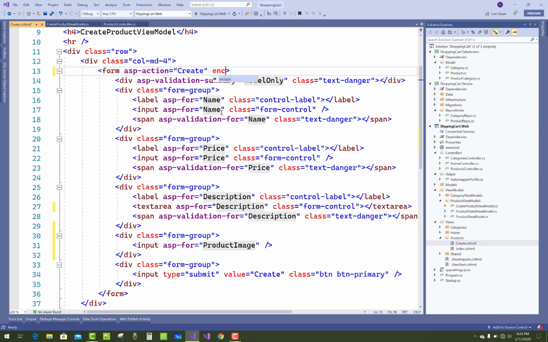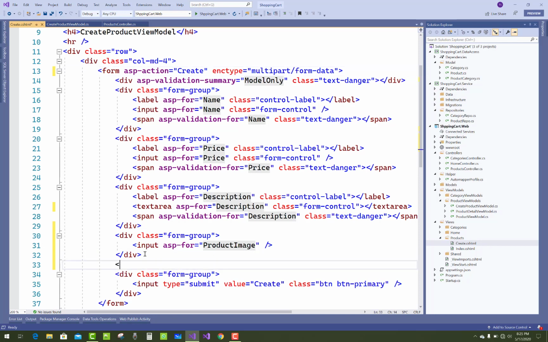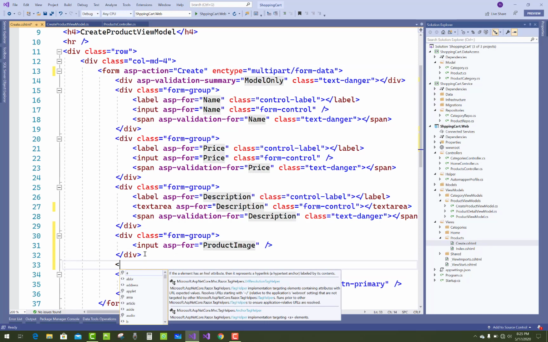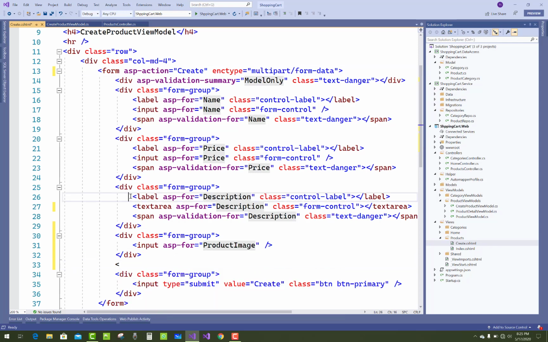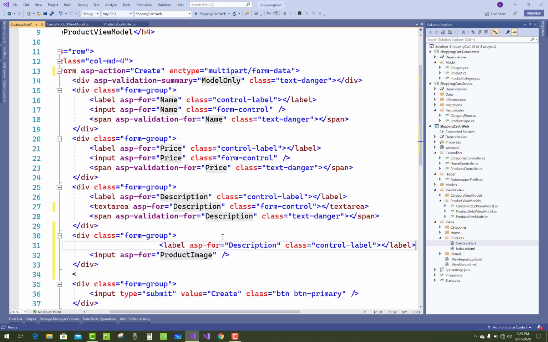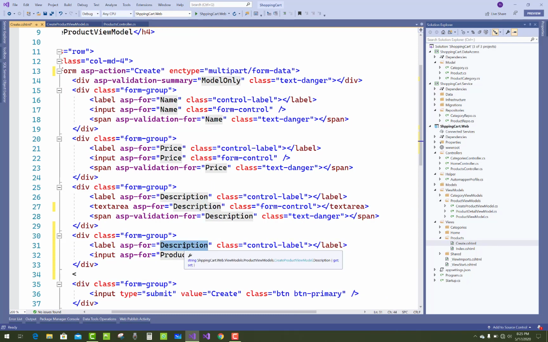Also add a label and the validation tags for the product image, and in the form tag you have to add enctype, that is multipart/form-data. So before going to the tag helper for the categories, add a label as well as the validation for your product image.